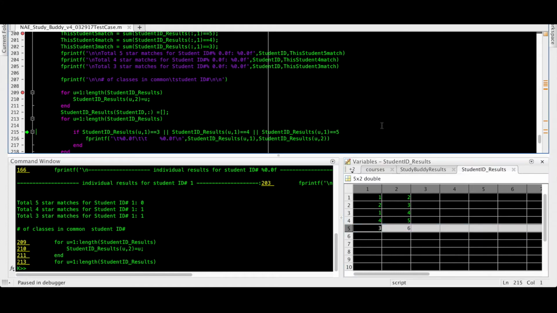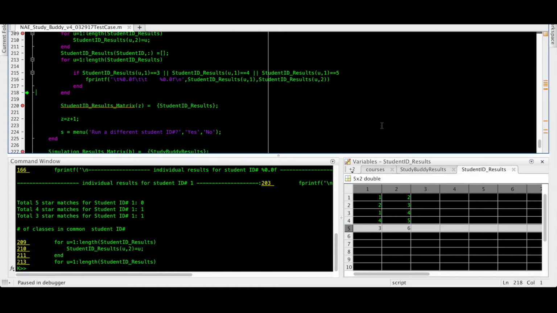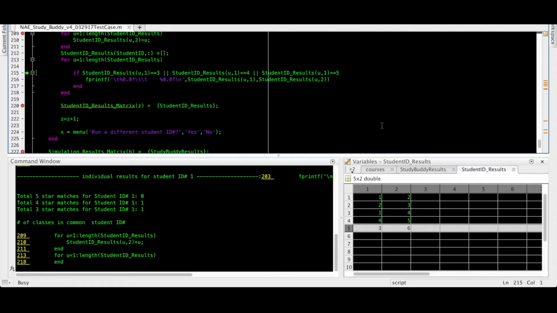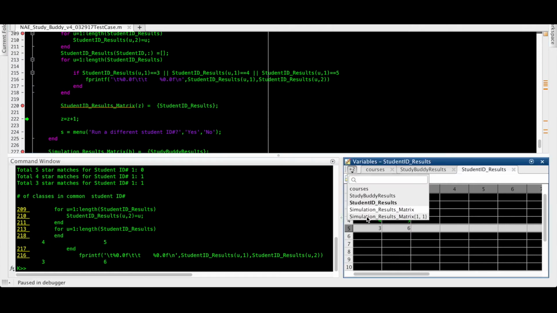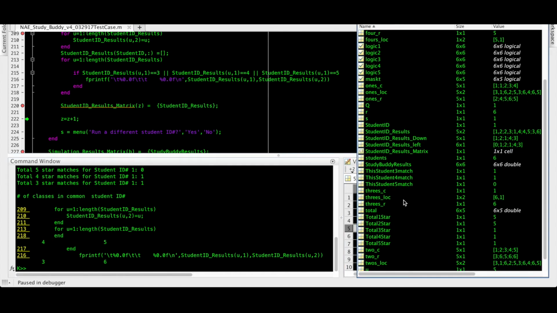Once that is completed, those results using a for loop get printed to the command window, and the student ID results are then saved into an array that holds all the different students' results that were run.